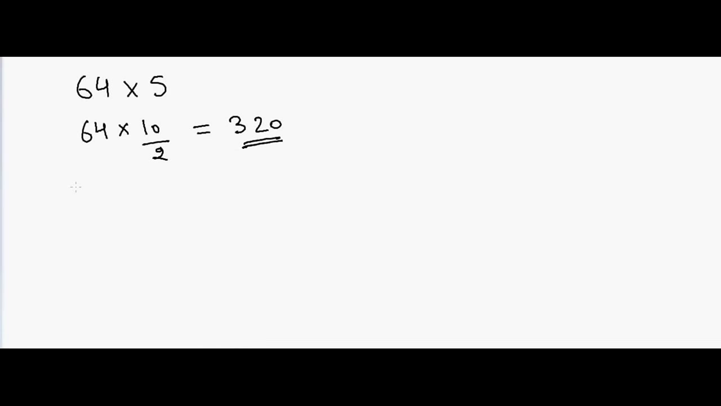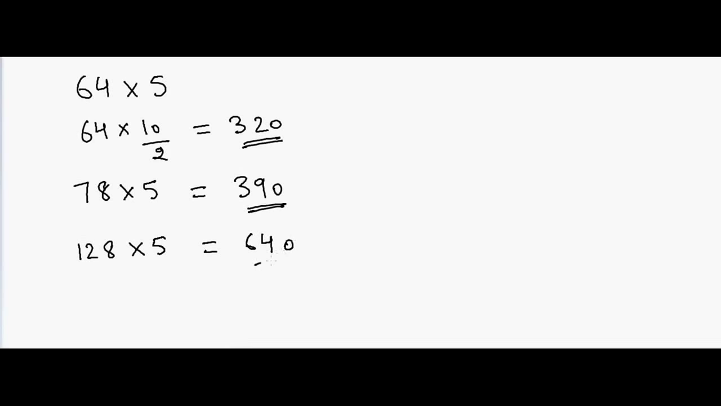Again, if I have to multiply 78 by 5, the answer will be equal to half of 78, which is 39, and then a 0, so that's 390. Again, if I have 128 and want to multiply by 5, that will be equal to 64 and a 0, and that's your answer. Another trick is to multiply by 25. So if I have to multiply